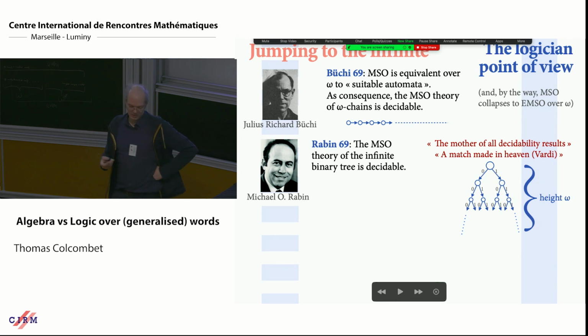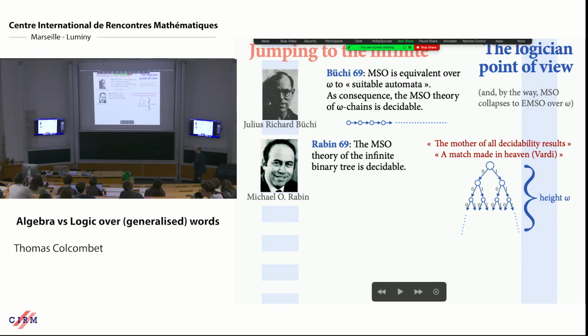And in fact, there are few possible extensions of that. So this result is a masterpiece in this branch. Some people call it the mother of all decidability results. Okay, maybe we should relativize it to verification, or automata theory. And Moshe Vardi, for describing all the theory that was behind that, the equivalence between logic and automata and the games involved, all these very nice things, described it as a match made in heaven, as a paper with this title, I think.